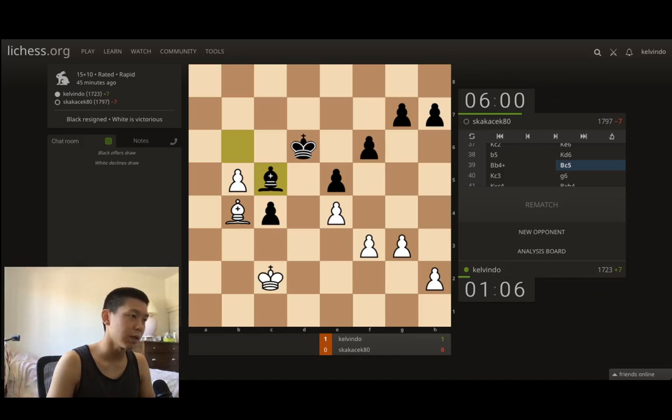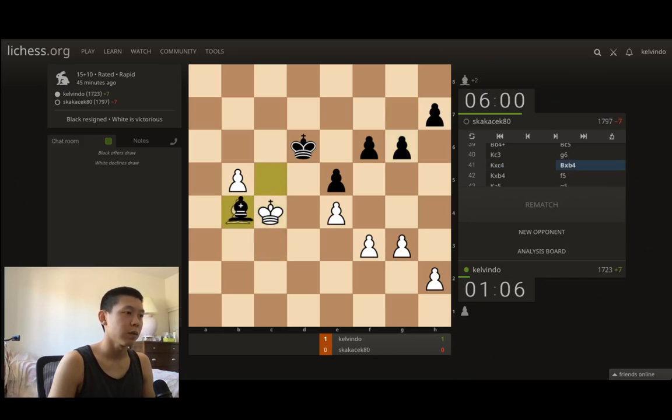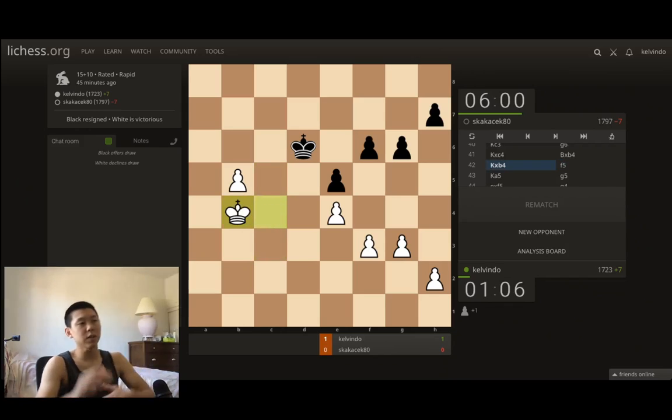He has this block, but it's just not in time. My king can just come in. My king is just one tempo ahead. So at this point, I pick up the pawn. He needs to take at that point because his bishop is pinned. Otherwise, I'll just take and go up a full piece. So I can take this, and then now I have a passed pawn. So at this point,